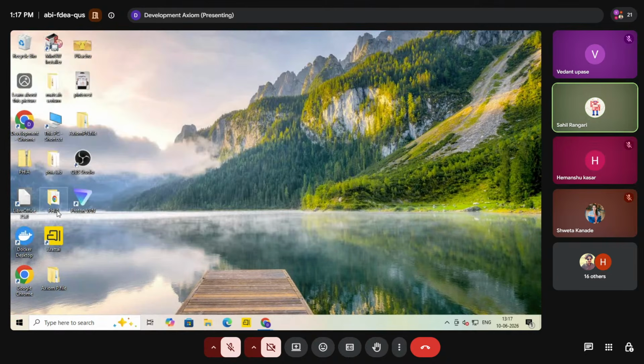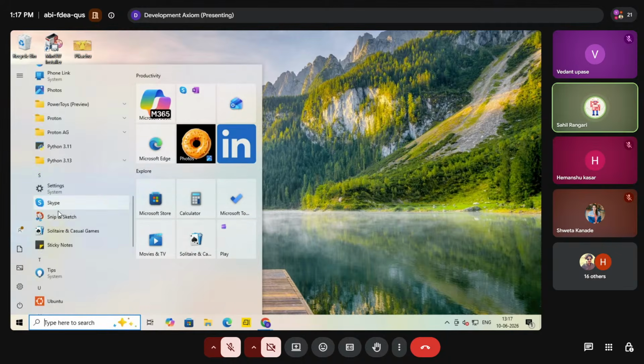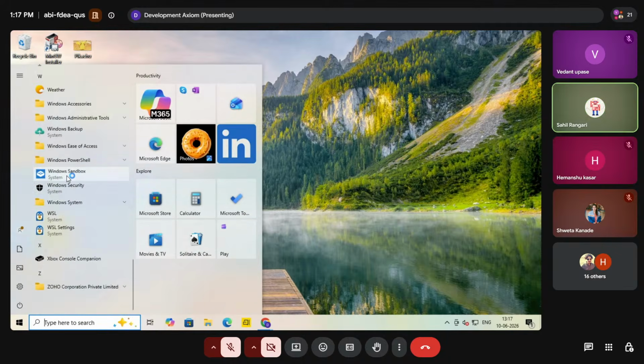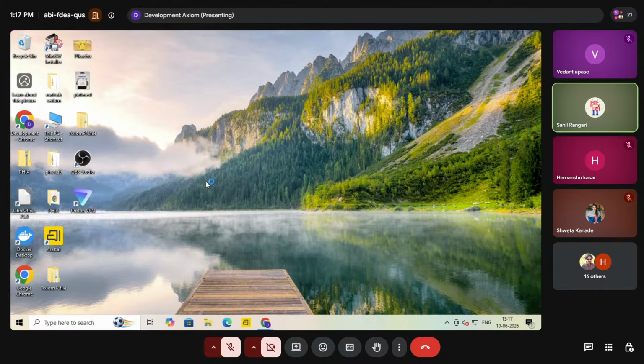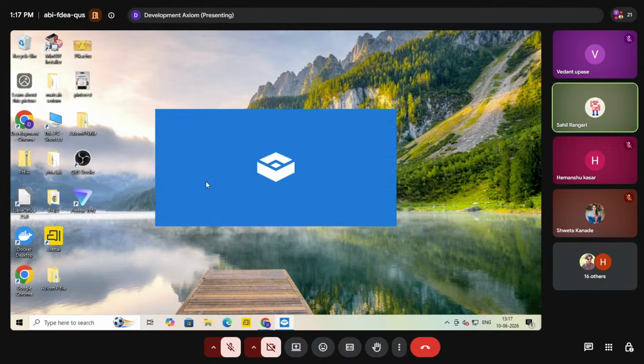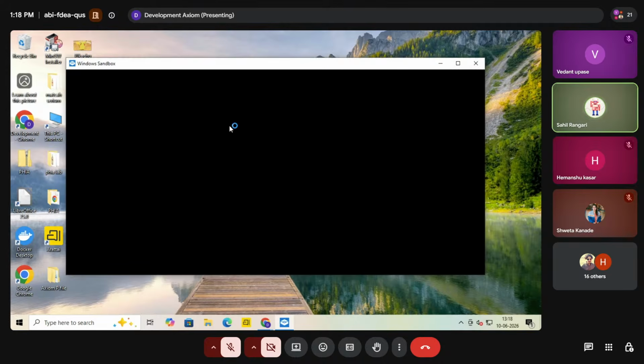We can freshly open the Windows Sandbox. It will give you fresh installations and downloadable test cases every time. Whenever you close and open, it will give a fresh startup of the sandbox.